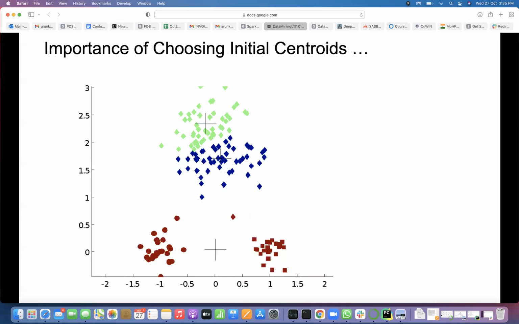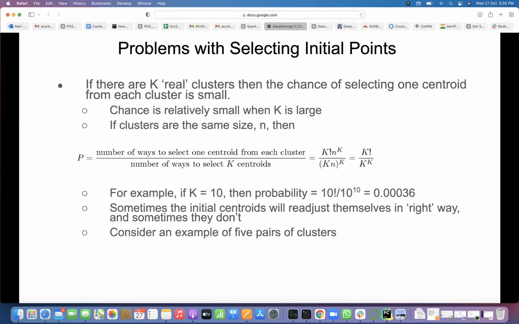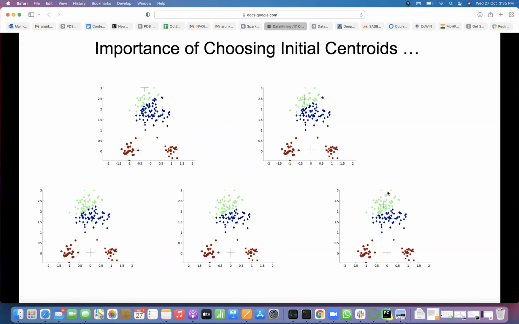The original clusters are like this: green, blue, and red. But you are not getting those as given here, right? If you choose the centroids randomly, how can we deal with it? That is the problem. We are discussing the limitations of k-means. To avoid this, if you want 3 clusters, make 10 clusters, then club them, something like that. We'll discuss that also. It's called k-means plus plus clustering.